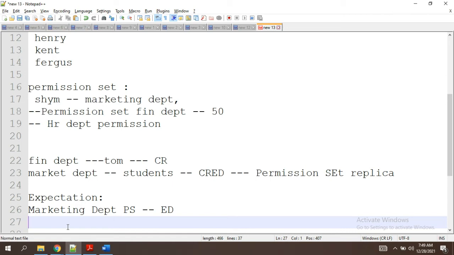So it depends on the organization, right? Which permission has to be given to the marketing department, this is all just a requirement. Requirement is always given by the clients. We will have a sprint planning meeting, which I will explain at the end in the agile methodology. In every meeting, we will speak to our clients, and they will give the requirements.